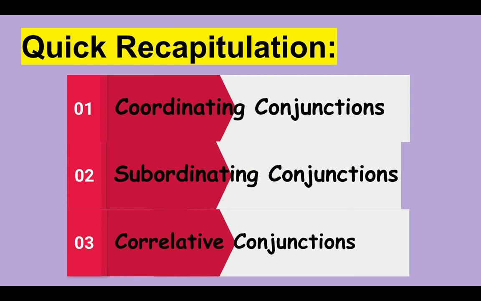Now let's quickly recap. Conjunctions are also called linkers or connectors, and join two sentences together. There are three types of conjunctions: coordinating, subordinating, correlative. Coordinating conjunctions join two independent clauses together. Subordinating conjunctions join an independent and a dependent clause together, and you will mostly find them in complex sentences. Correlative conjunctions also join an independent or dependent clause together, but they are always used in pairs.